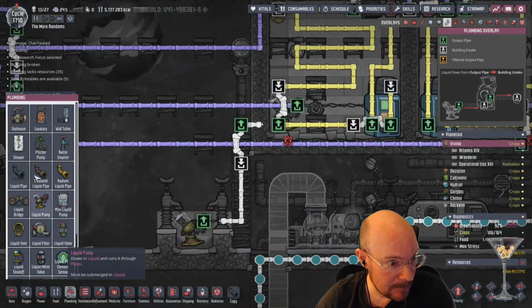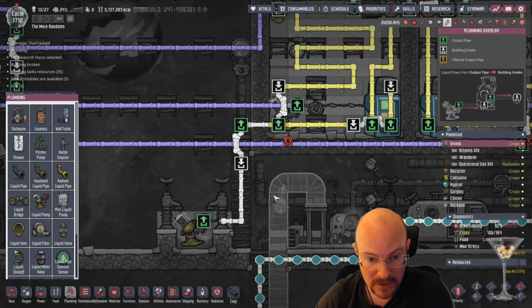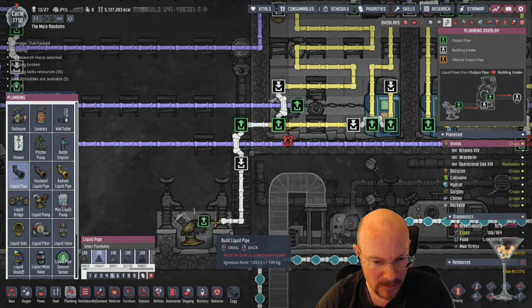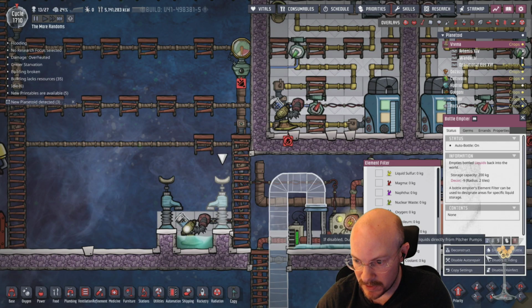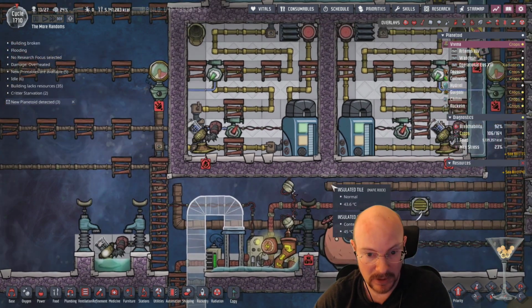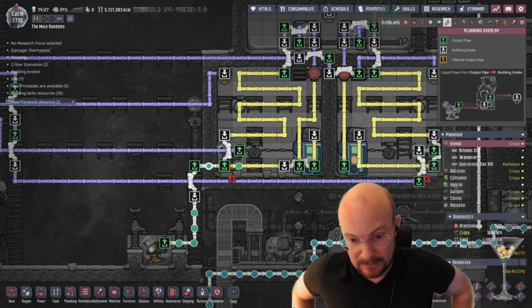Alright, let's do this. Let's plug this in, and that should start pumping in here. Tell them to start bringing us some more super coolant. Enable, because we're going to have to fill up 2 coolant lines here. So for those who don't know what we're doing,